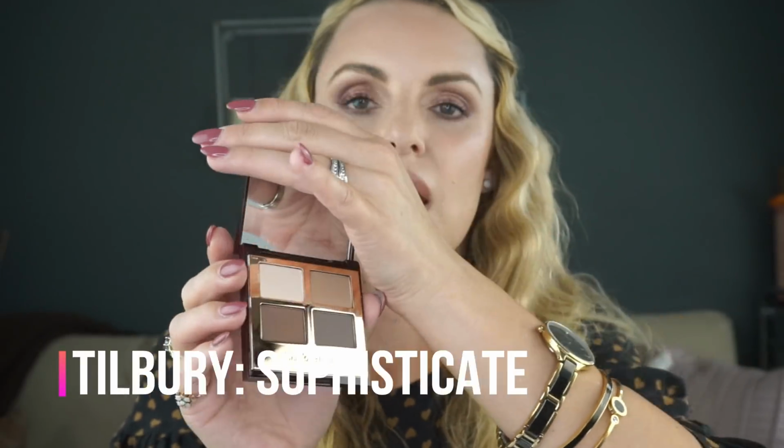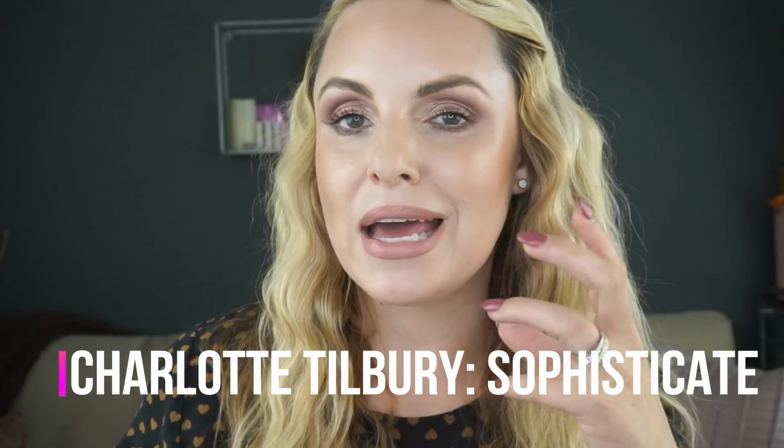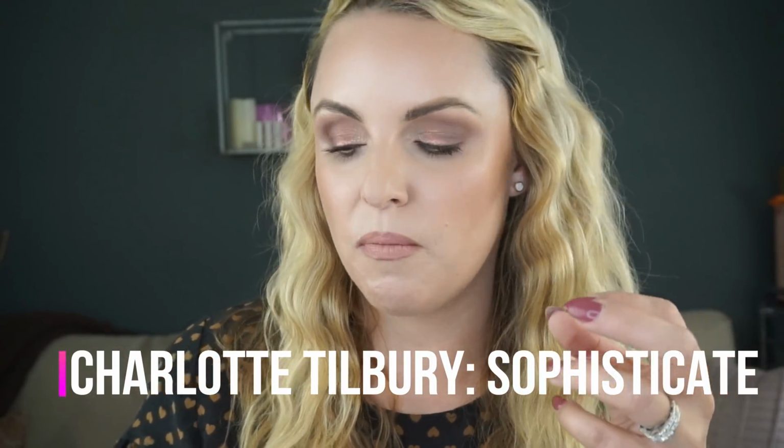Charlotte Tilbury sent me this palette recently, and I've been playing with this. This is the Sophisticate. I do have a couple of her other ones. I love them. I think they're really, really well made. This one's all matte, which I absolutely love. I love that it's all kind of blendable, neutral colors. I love that there is a more cooler tone color in here because I think they play nice together for sure. I don't love how small the pans are for the price point in this, but I will have to